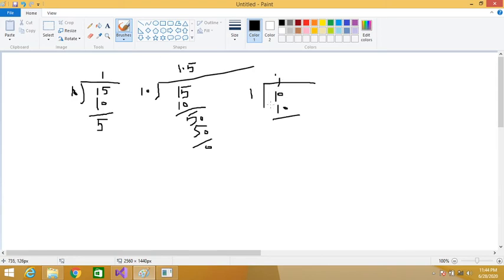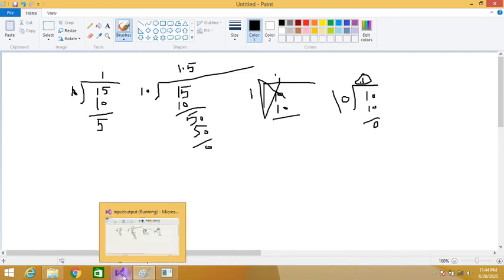Sorry, we have to divide 1 by 10. 1 is smaller, so we put a point here, and now we can place 0 here. 10 ones are 10. Because we are dividing, this is our answer now, the quotient 0.1.